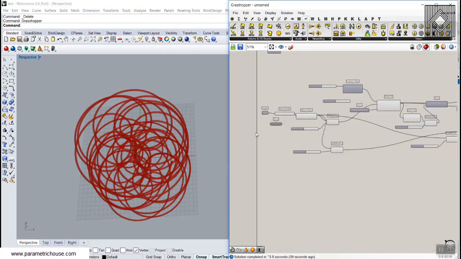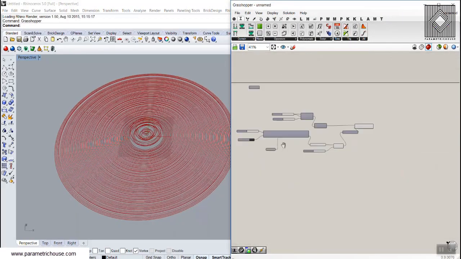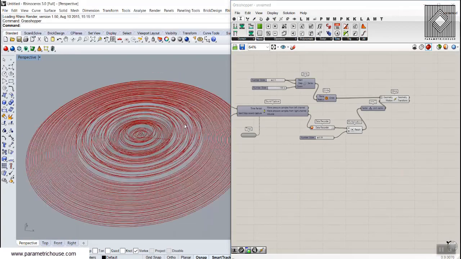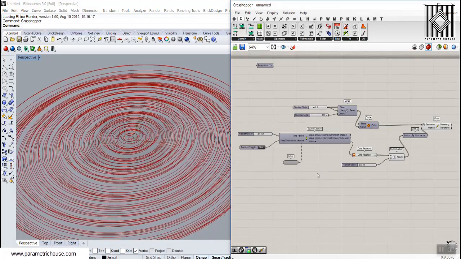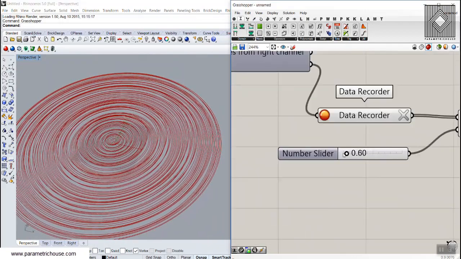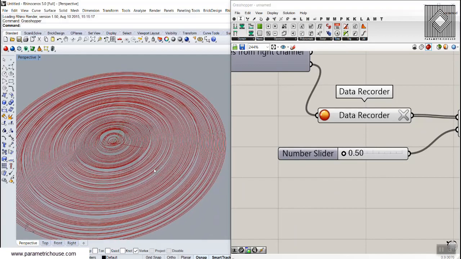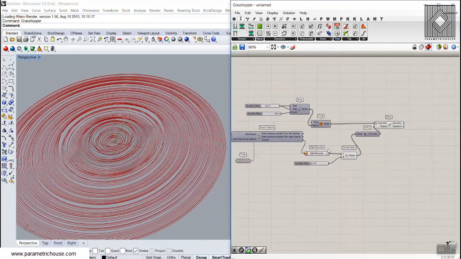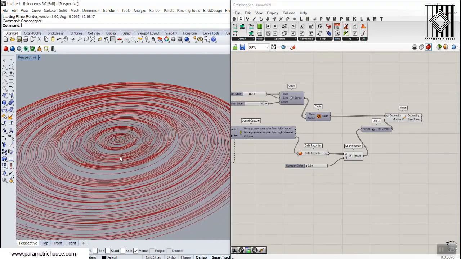So this is the first part about the animation and how we can use the data recorder and the timer to produce the animation. And for the next question, we have how we can use a volume. So basically, I'm going to show you how you can use the Firefly plugin to import voice. You can see as I'm talking here, the sound is showing on some circles, and it's a simple one, but you can understand how you can use the sound or voice to produce geometry.